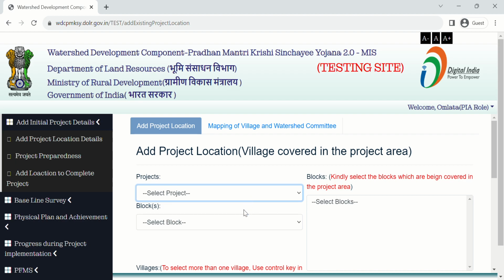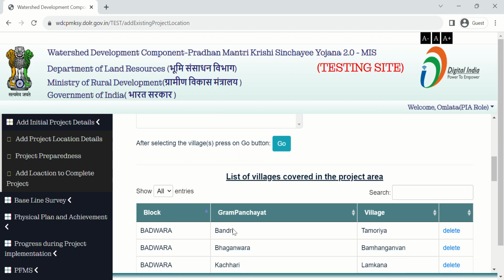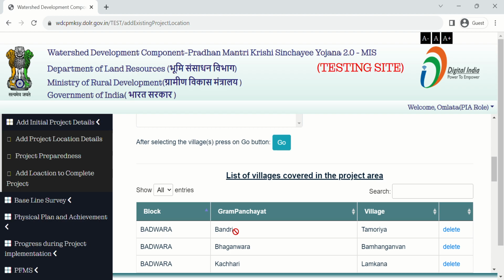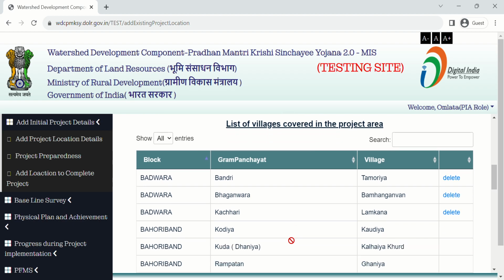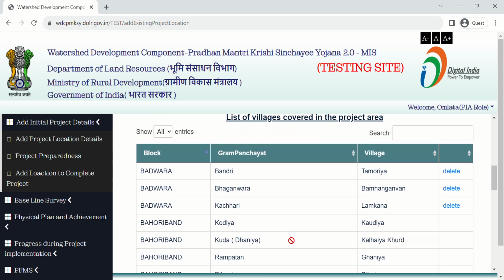Select your project name and your village is listed here with their respective Gram Panchayat name. Now you have to verify that all your data is correct.